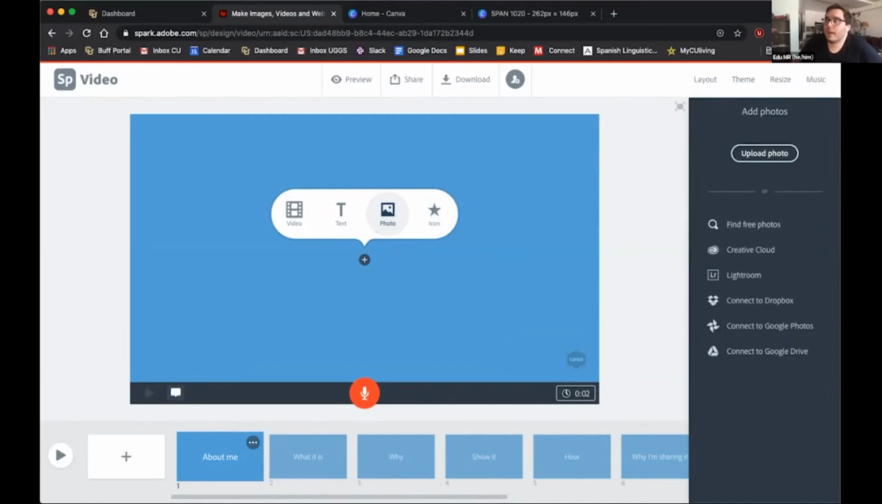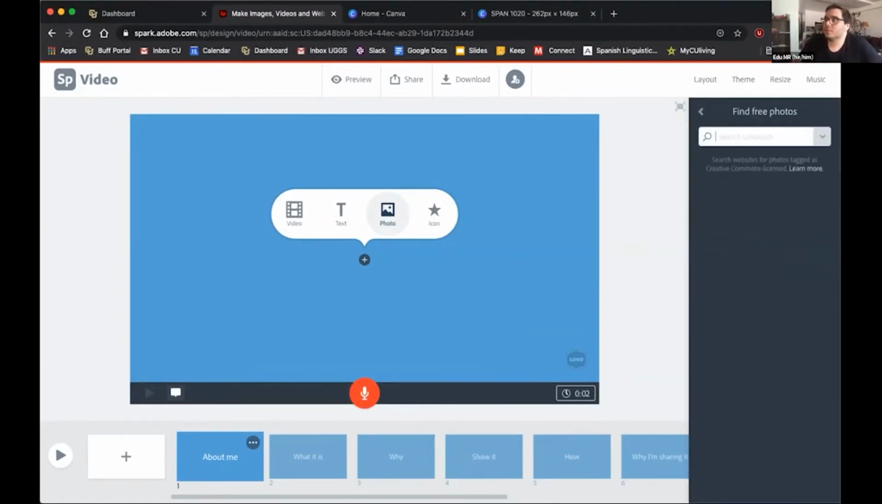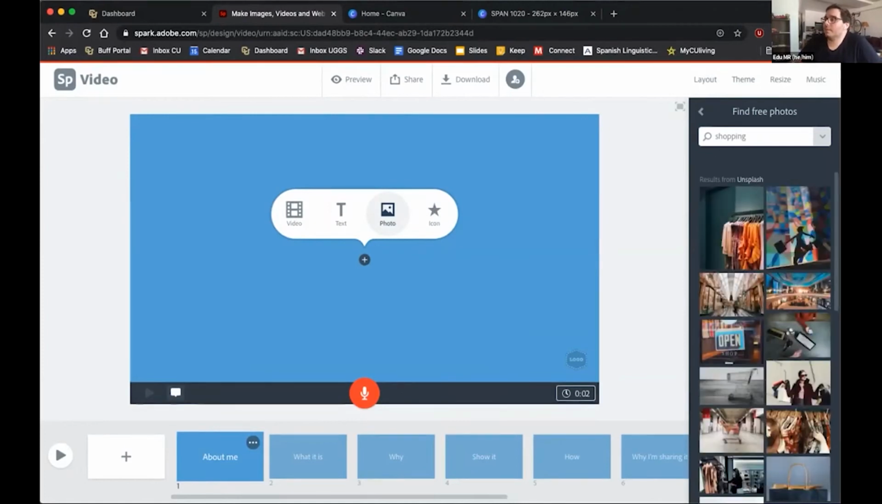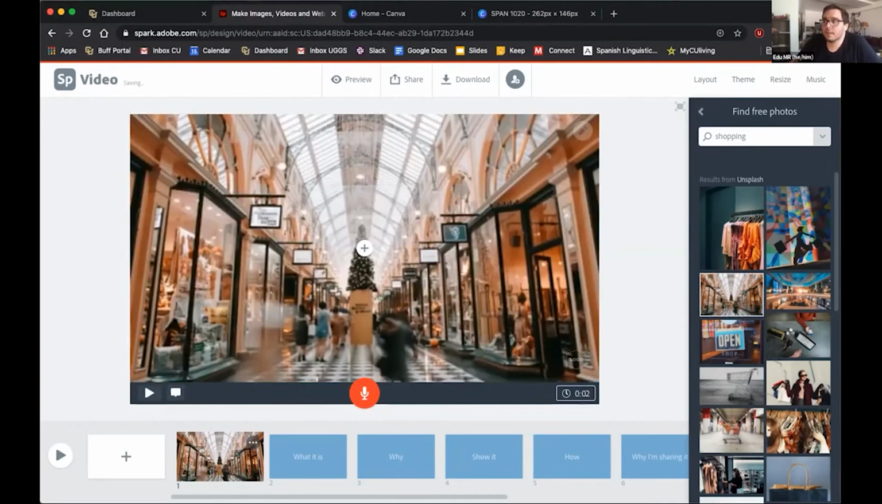So you see that here you have find free photos. Since this is an Adobe Suite product, you can connect it with Lightroom, which is an app that allows you to edit pictures. But you have to pay for that. This is free. So when you go on free photos, you're like, okay, shopping. And let's see what happens. Great, I have a picture that I want to use. It's a mall, amazing. So now what we can do is do a voiceover and say